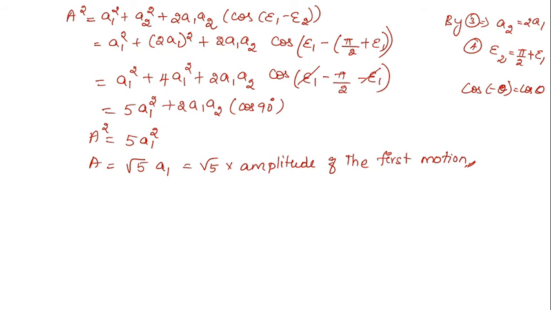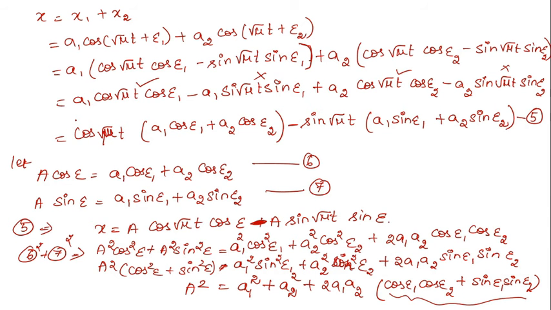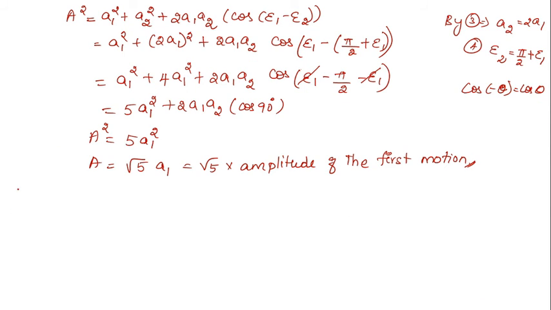So the sixth equation and seventh equation have the relationship between sine epsilon and cos epsilon. So we are going to divide them. So we'll derive in terms of tan, right? Because the answer is in terms of tan, so we have to convert that in terms of tan. So sixth one, seventh one. So sine by cos will give you tan. So 7 divided by 6. Equation 7 divided by 6.